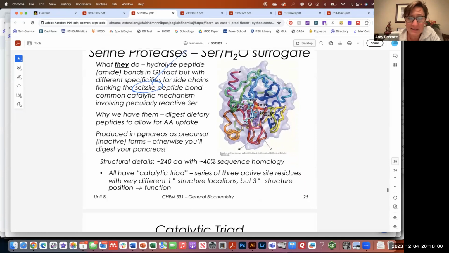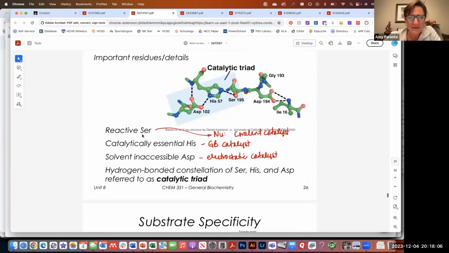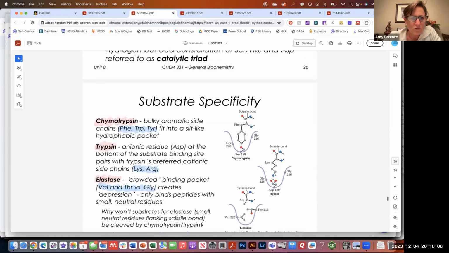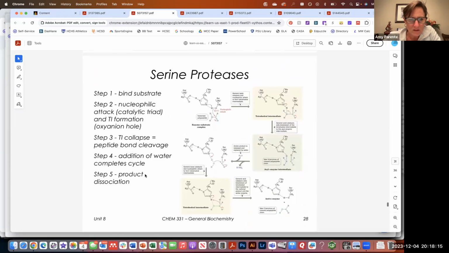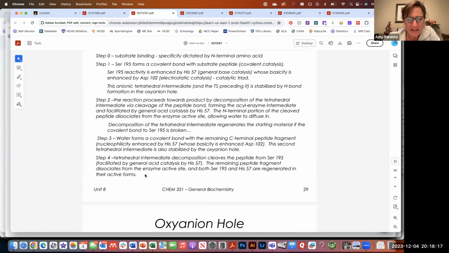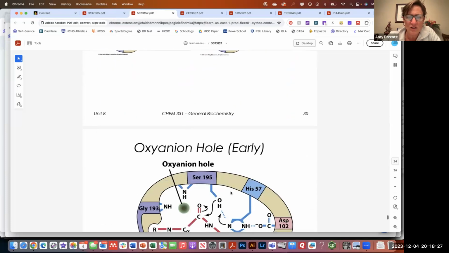Serine proteases. Again, it's a class of enzymes, right? Because we have substrate specificity that flanks that scissile bond. And so knowing these names is important, and the substrate specificity that they correspond with. There was the Mad Libs for that. We talked about having the oxyanion hole, which is a way to stabilize negative charge development as we go to an sp3 hybridized tetrahedral intermediate.